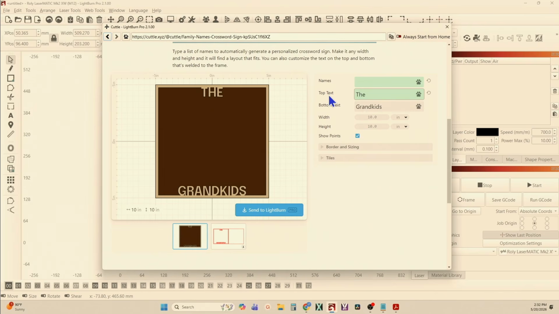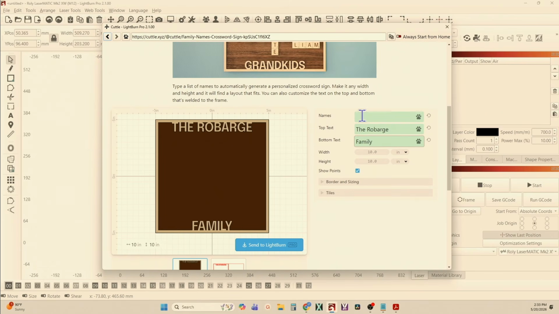And if you'll notice here, I did upper and lowercase, but it's doing all uppercase because that's what they need in order to attach the letters to the outer frame. And we'll get rid of that and just say, there we go. Alright, now I need to add names. So I'll go back up here and I'm going to put in